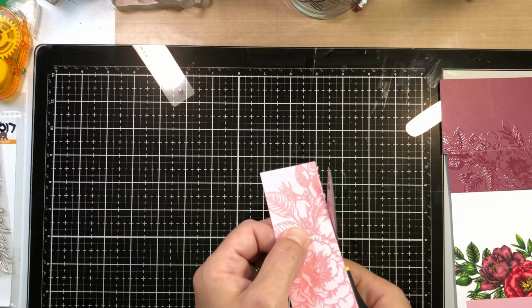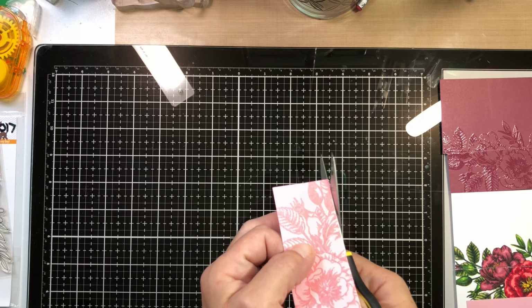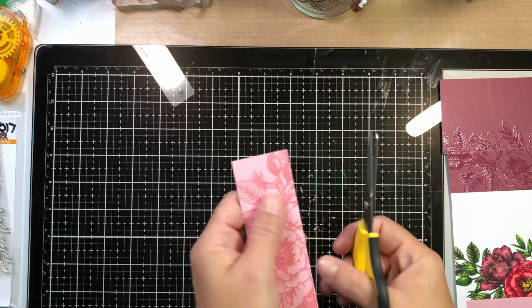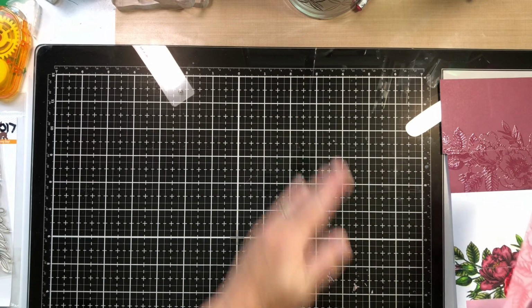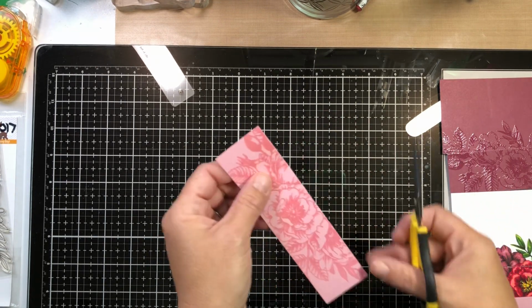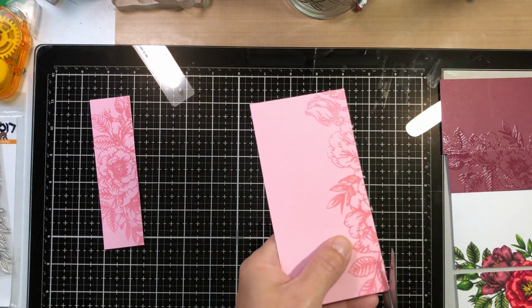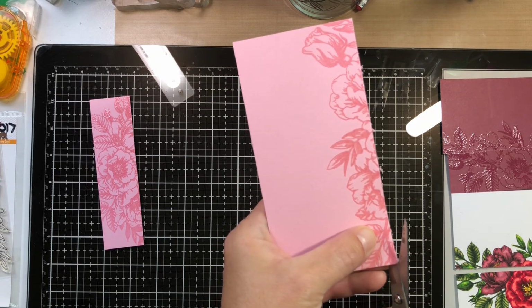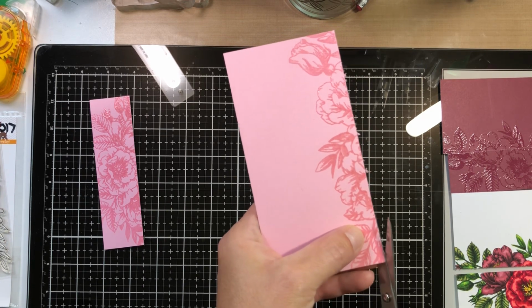I recently purchased the smaller Tim Holtz guillotine, and sometimes you'll see me using that, but I haven't gotten the knack of it yet. The sharpener blade on the bottom half that keeps your blade sharp moves around a little bit, so I think it might need to be tightened. I don't know if it was just a shipping thing or what. So I don't like doing the precision cuts like this on that yet. And I like my Fiskars trimmer, I really do. I mostly got the guillotine because,